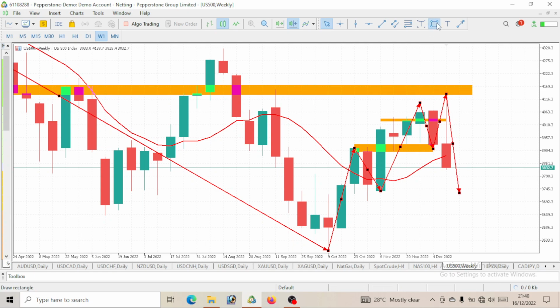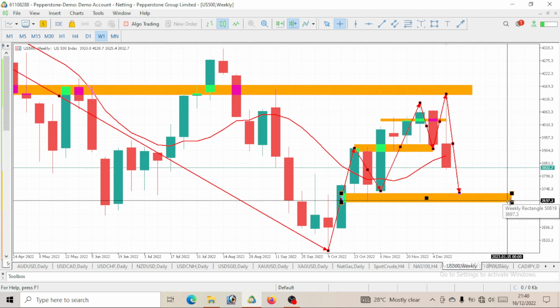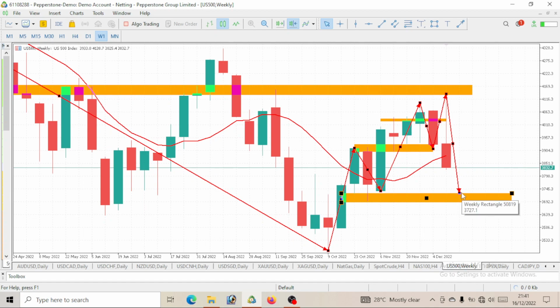So for this week that we are predicting for, you should be able to take out these lows, which is a level of 3,700. So watch out for a level of 3,700. Currently, we are trading at 3,800 plus, be it 832, be it 833, anywhere you see it. For this week, we would want to see this price drop to a level of 3,700 and possibly break below it. So watch out for it.